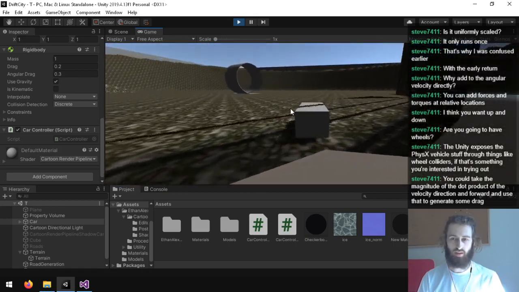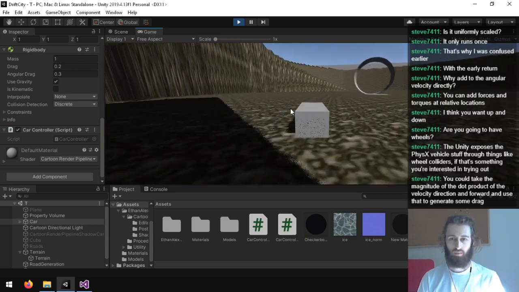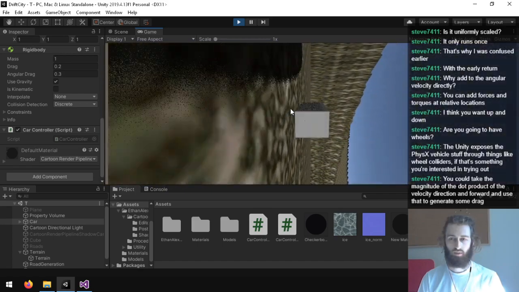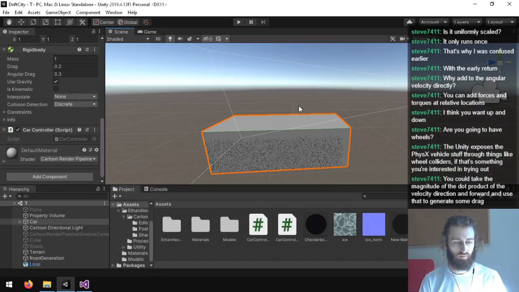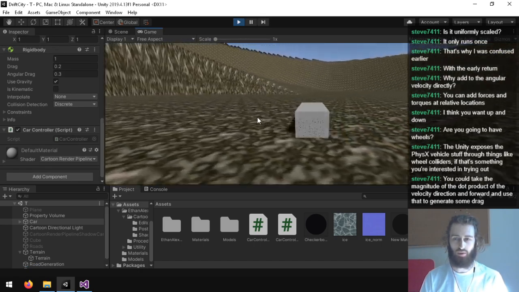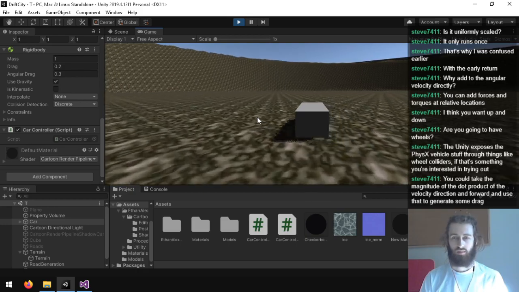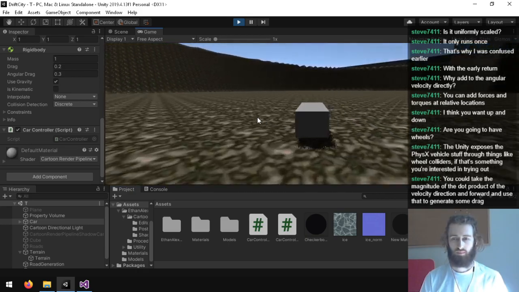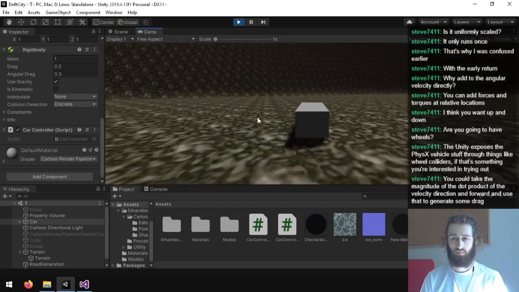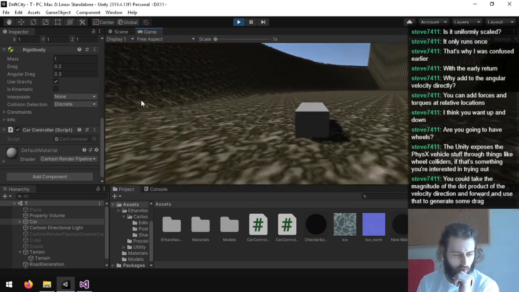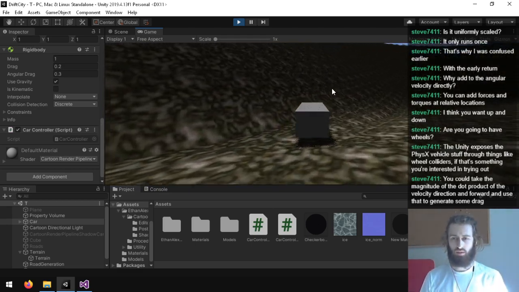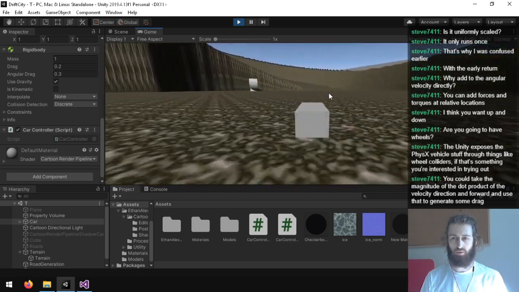So my idea actually right now is, what if we change the drag of the whole object depending on whether or not it's drifting? And then all the movement is applied by the wheels. So basically, if it's grounded, we apply movement force.